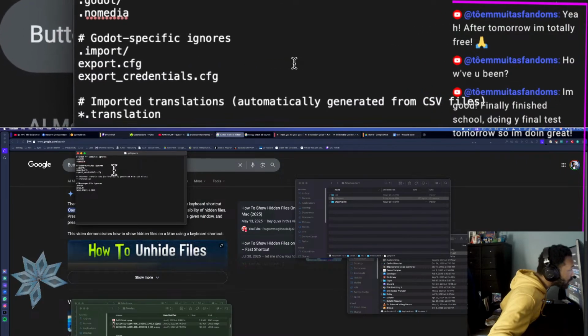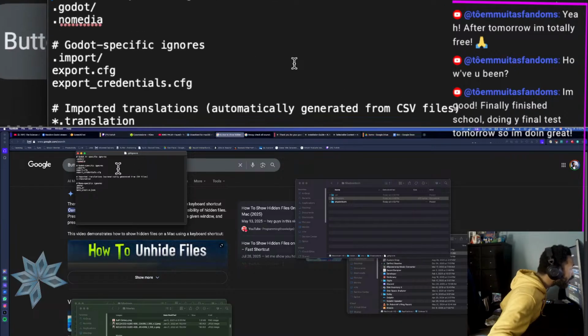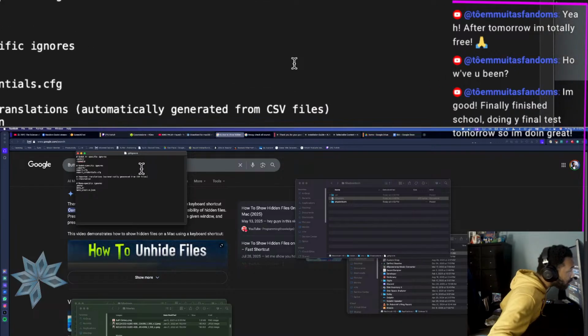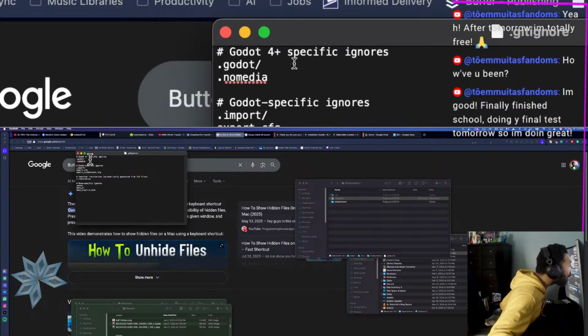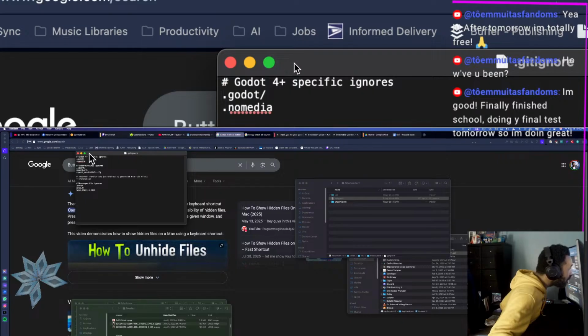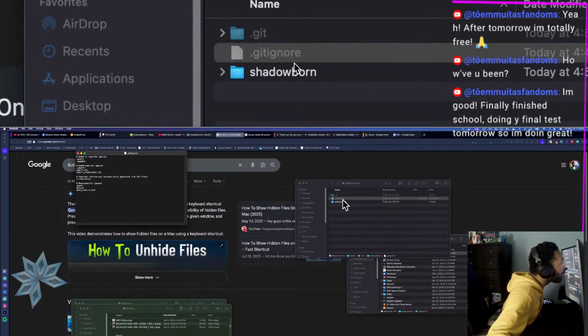Import translation. Automatically generated from CSV files. Okay, so we don't need those. You could try getting rid of the .godot slash maybe, but